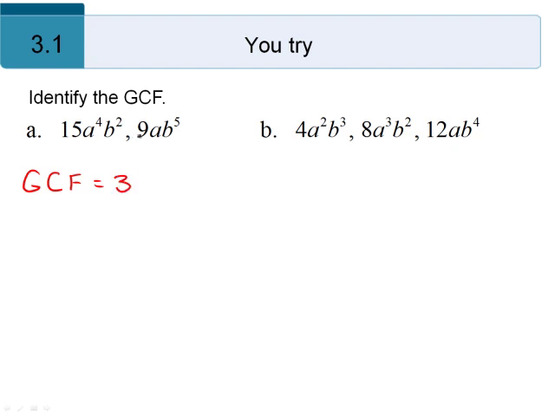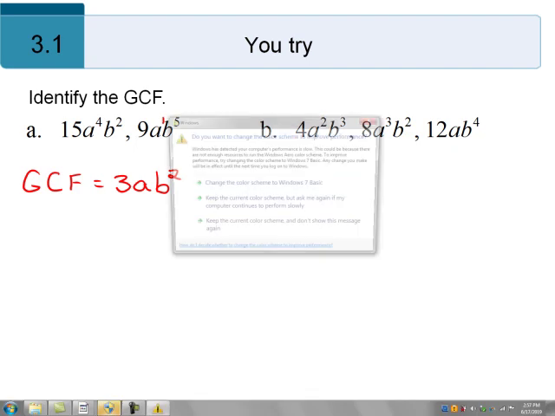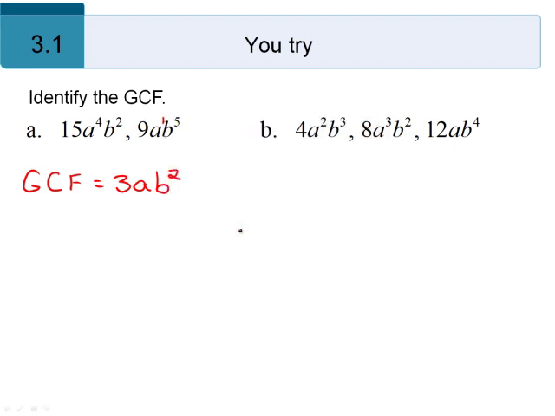Now, with the variables, you want to make sure that the variable is in all of the terms, and then if it's in all the terms, pick the variable with the smallest exponent. So here we have a to the fourth and a to the first. Well, a to the first is smaller, so we're just going to bring down a. And then look at the b's. It's in both terms, b squared and b to the fifth. B squared is the smallest, so that comes down as your greatest common factor. So your full answer for that